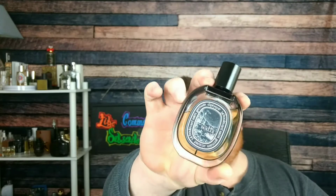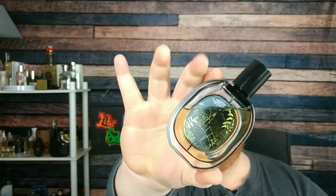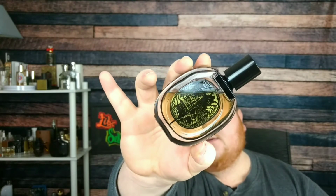I've been corrected by a few people. They told me that I was pronouncing it wrong, saying Eau Duel. It's Eau Duel, just like Eau de Parfum. And if you didn't know, on the back, guys, they have like a little mural thing in there. Really cool. But yeah, this is going to be my number 2. This was so hard for me to put at my number 2 spot. But